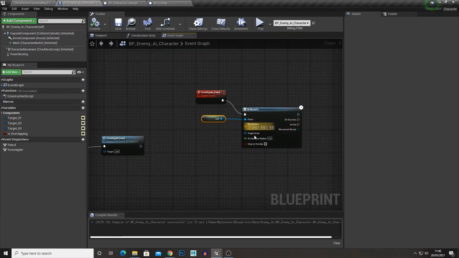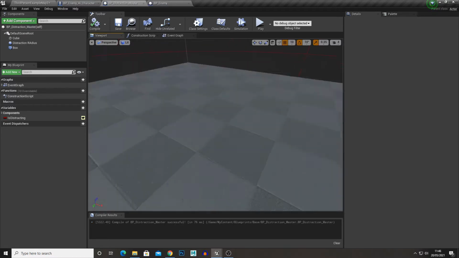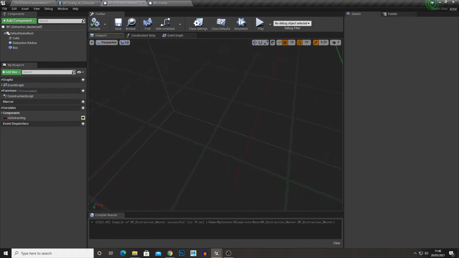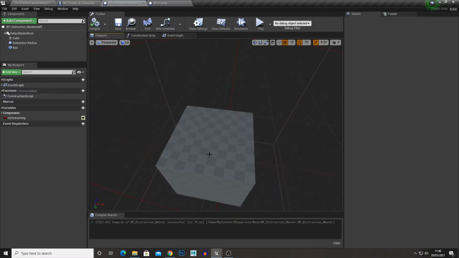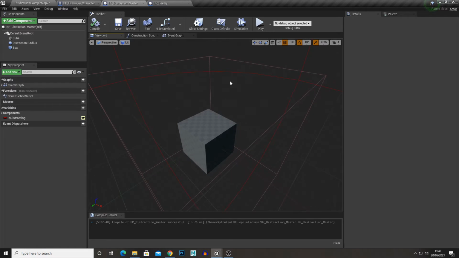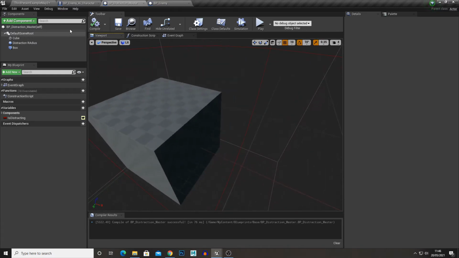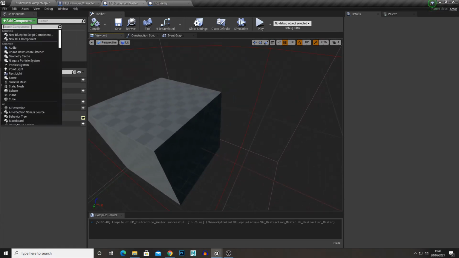The problem with doing that is it will not complete the move to if it is the distraction itself, because it will go to the center of this cube and it will either be inside of the cube, which is going to look funky, or it's not going to be able to enter the cube because of the collision. So I'm just going to create an area where the enemy would stand to turn off. If there was a radio here, just add it to the front of the radio or whatever object it is. So I'm just going to create a new cube,